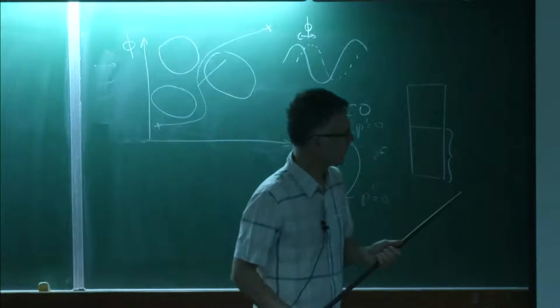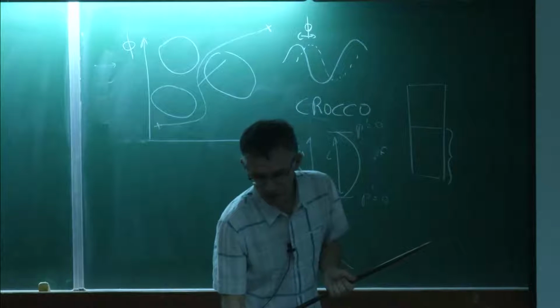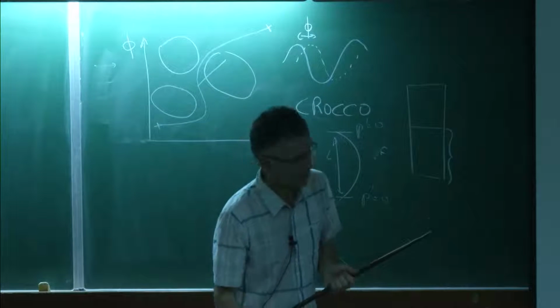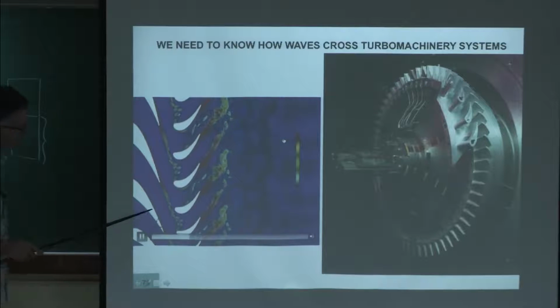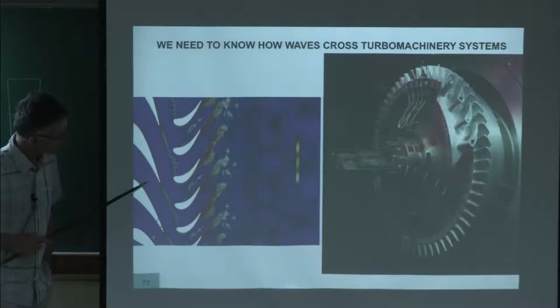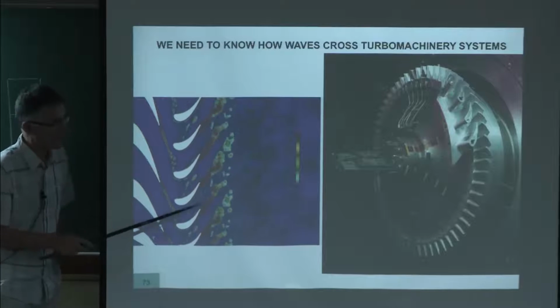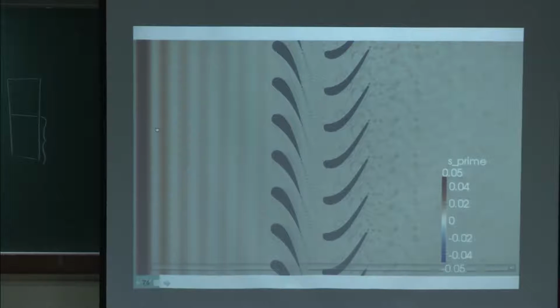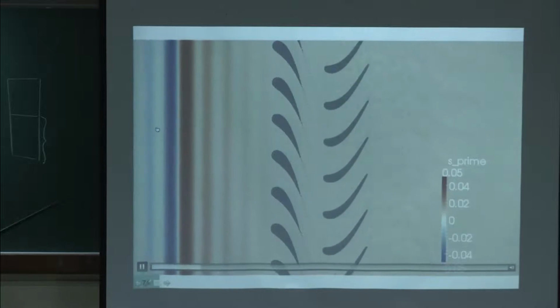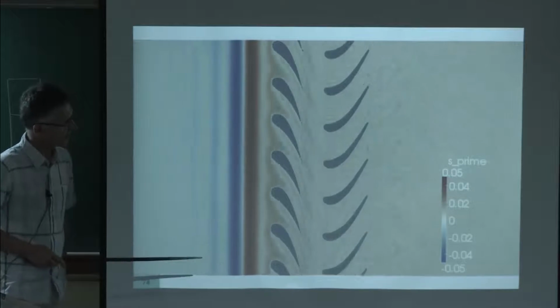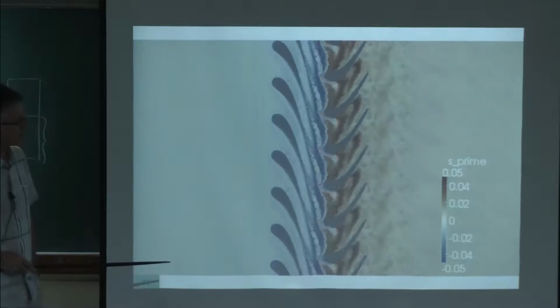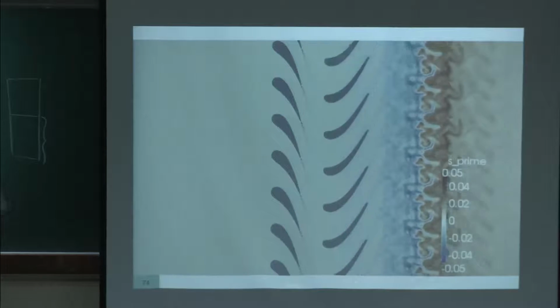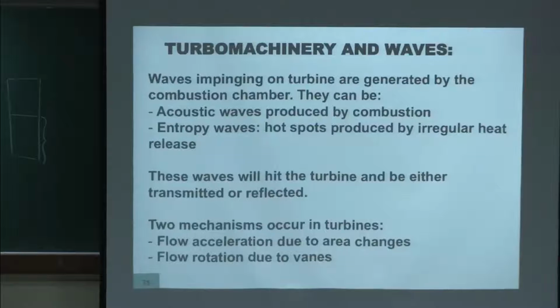So that means really we need to know how waves cross turbomachinery elements, and that's painful because that's a simulation which we do now. If you just look without forcing at a flow like this, it's already a complex flow, and if you start injecting waves, that's the case where we inject here an entropy wave into a stator or stage, and as you can see, it's a big mess. Okay. But this is the problem you face now. If you want to do combustion instabilities, you need to worry about this problem.